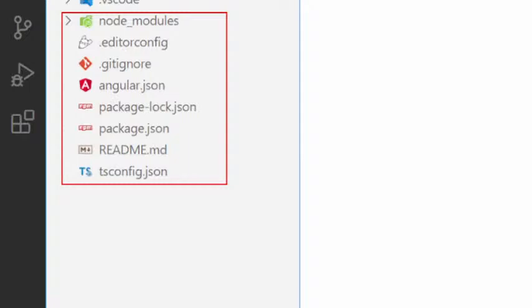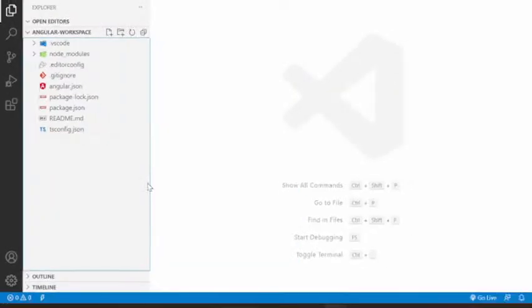Help documentation is in README, metadata is in package.json, project configuration related to projects is in angular.json, resources to ignore while publishing are in .gitignore, rules for the editor are in .editorconfig, then library files and node_modules. This is the location. Still here, we just have a workspace.